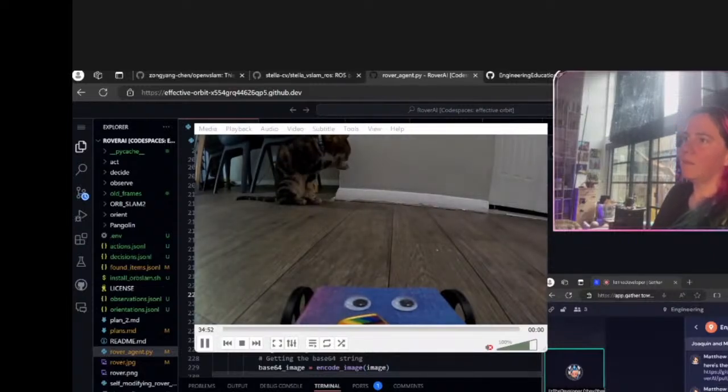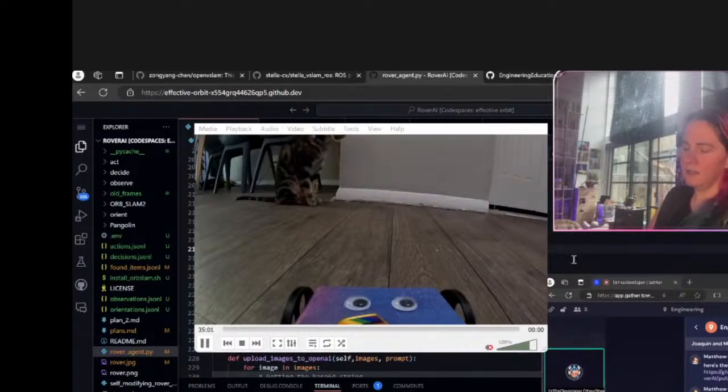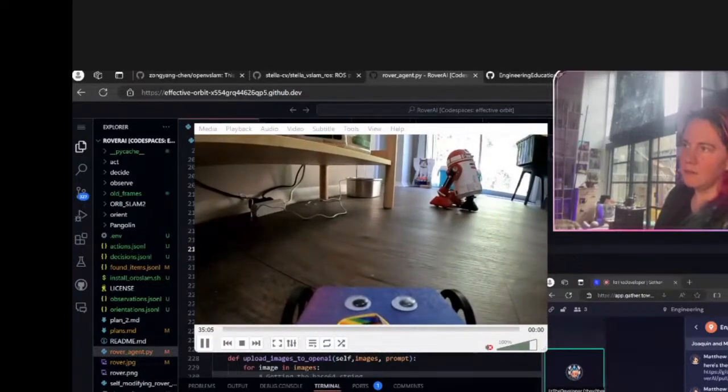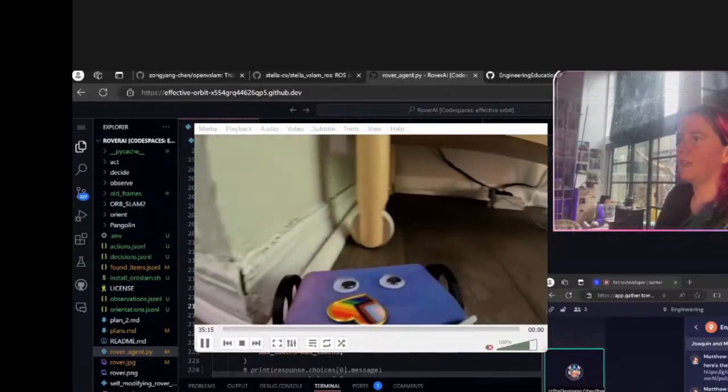And I also want to say, if the length of messages is greater than, let's say, 40 or 50 messages in context, we should probably start forgetting some of those messages. So we'll cap it at 50.